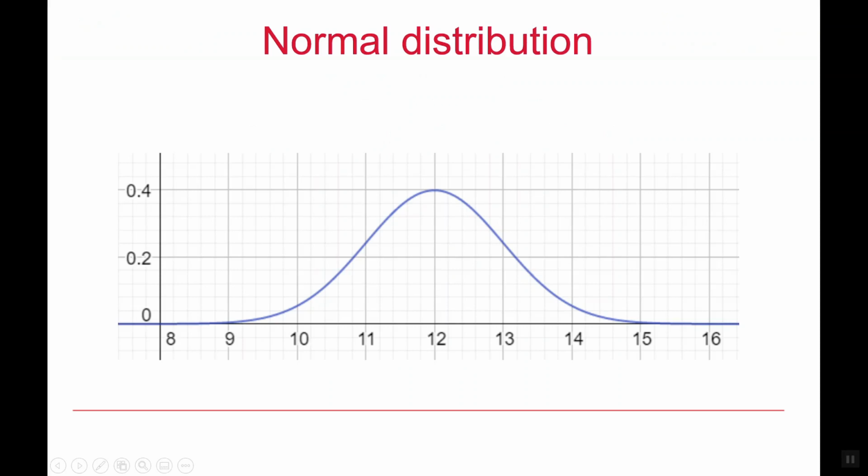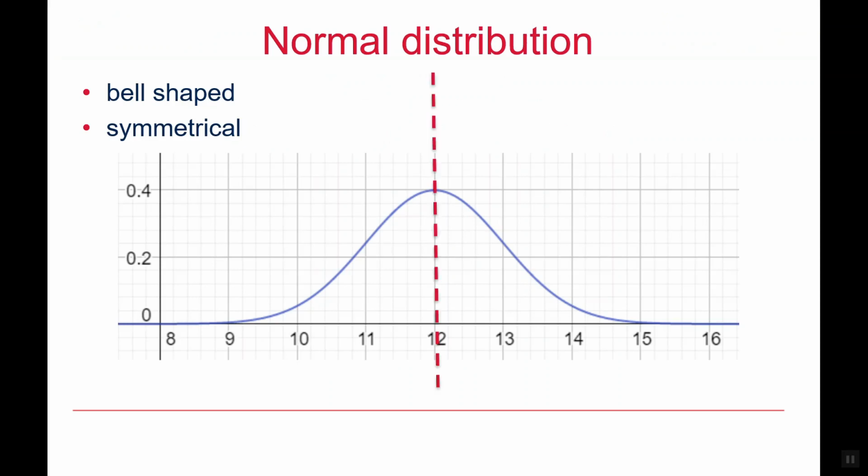From A-level maths you should be familiar with the fact that some variables are continuous. Variables in a population such as height or weight are continuous variables that can be modelled by a normal distribution that takes this bell-shaped symmetrical shape. You should also be aware that the mean, which is indicated here with the red line, is also the mode and the median and is denoted by the Greek letter mu, and